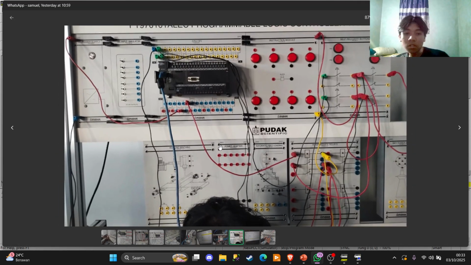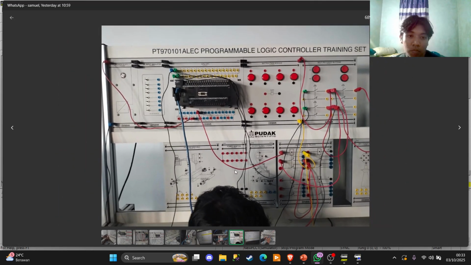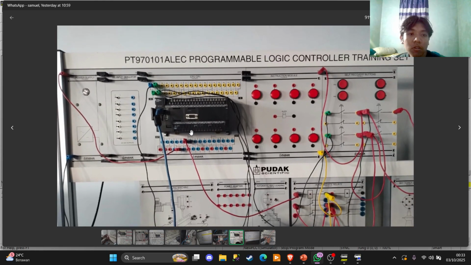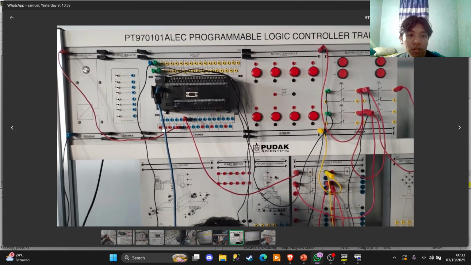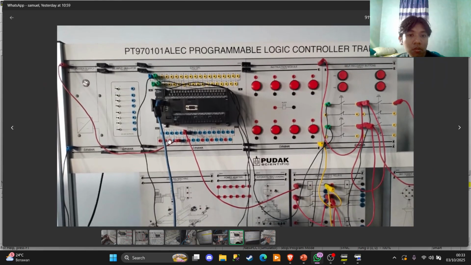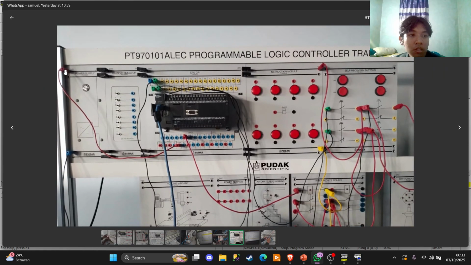So this is the rangkaian, the circuit, that my friend and I made with the PLC, of course. The first thing I will do is power up the system with the power supply. This here is the 24-volt DC, ground to ground, and VCC to VCC.